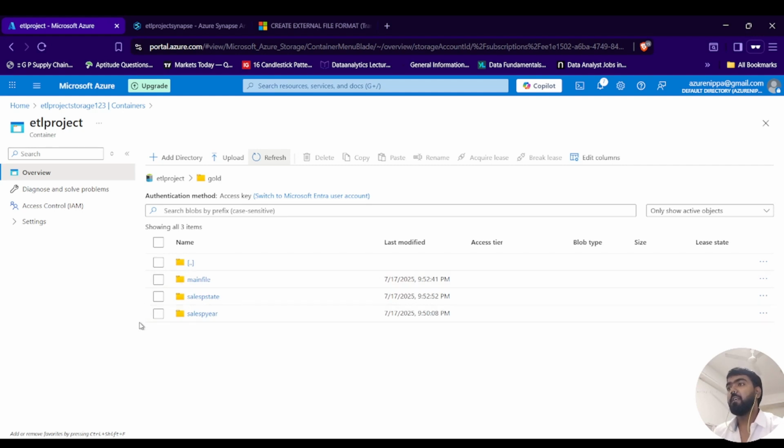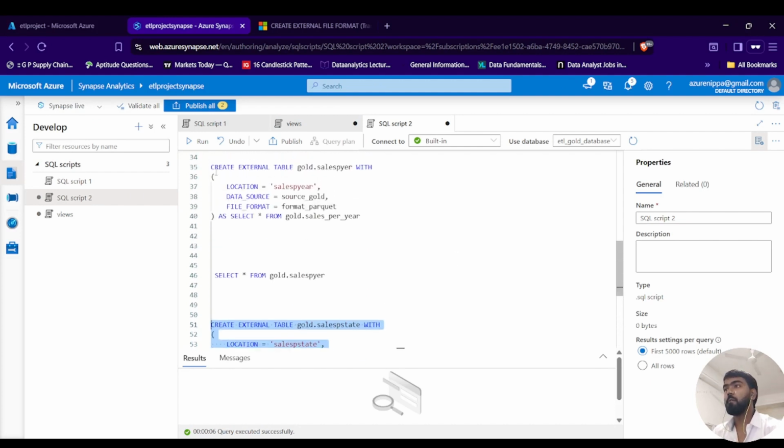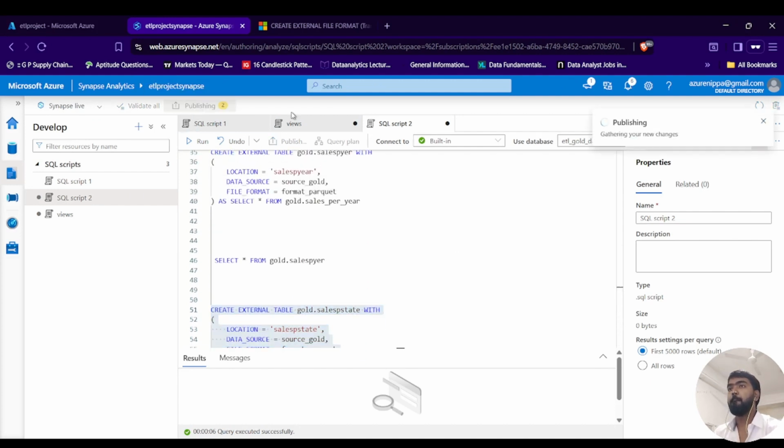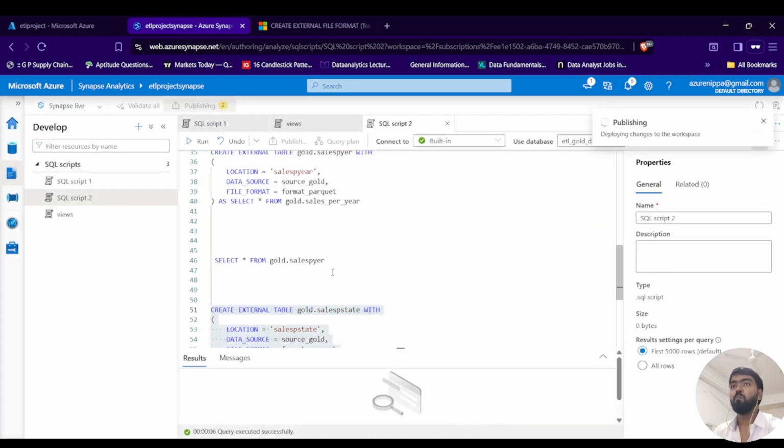So we are in the final part of our ETL project. We got our data in the gold layer. Now it's time to connect to Power BI. Now how we will do it is, okay, let's publish it all. Let me show you how we'll do it. If I go to Synapse Analytics, if I go to home,